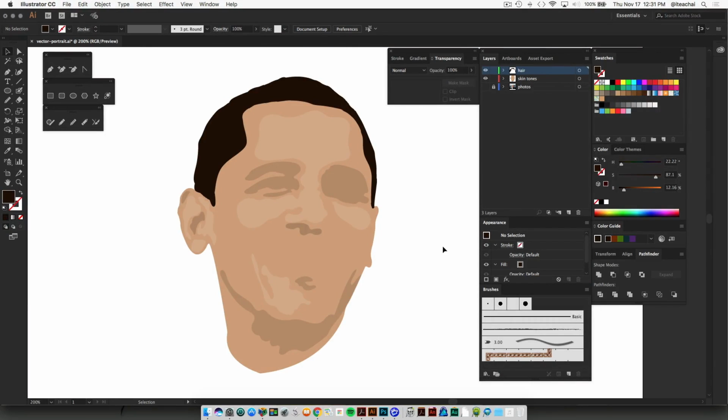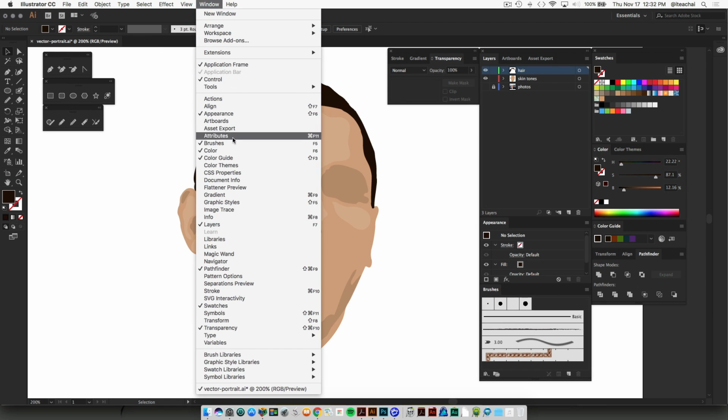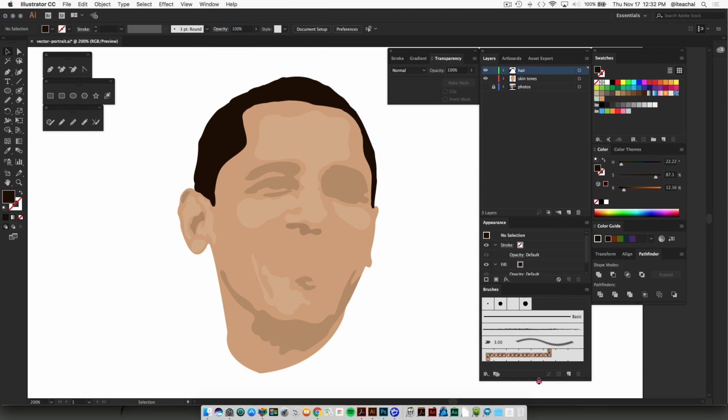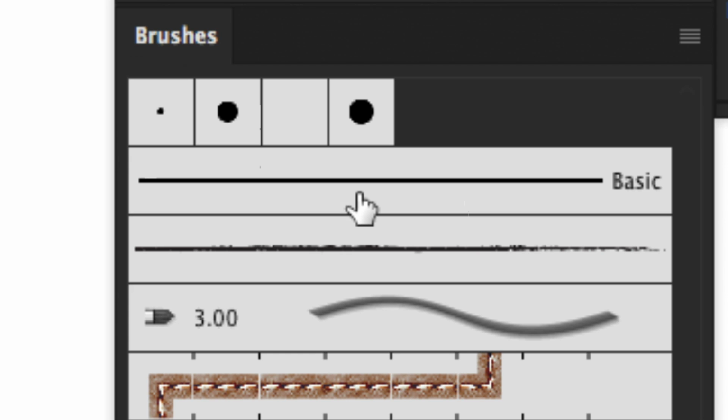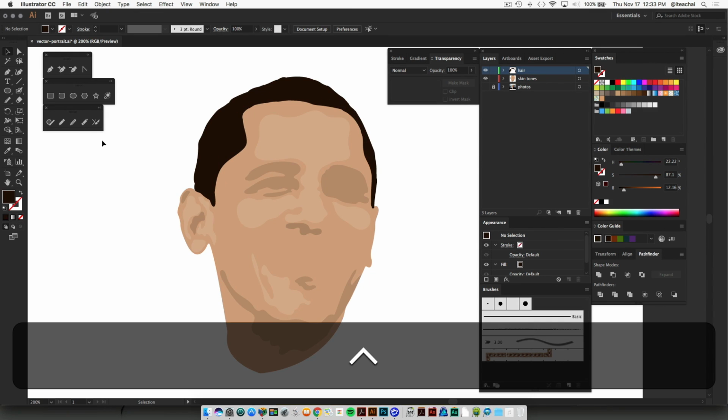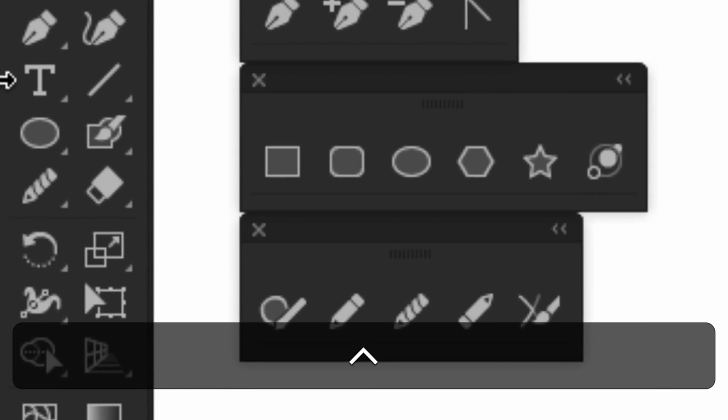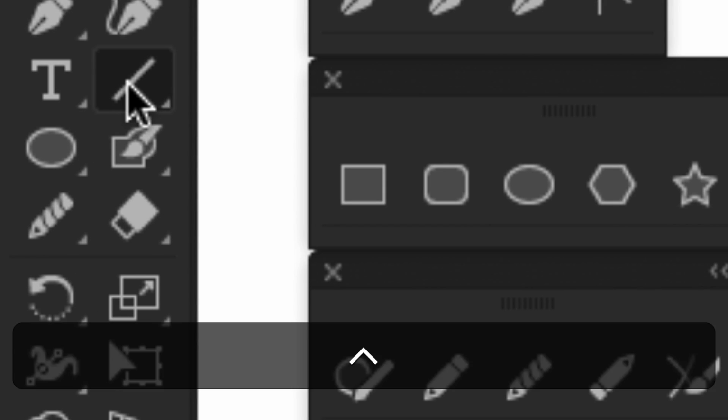So to create your own custom brush, first thing you're going to do is have your brush panel open. So again, you can go up to your window menu and open up brushes. And what we're going to do is make an art brush. So to do that, I'm just going to get my line tool from the toolbox